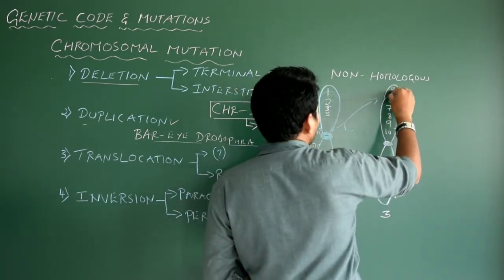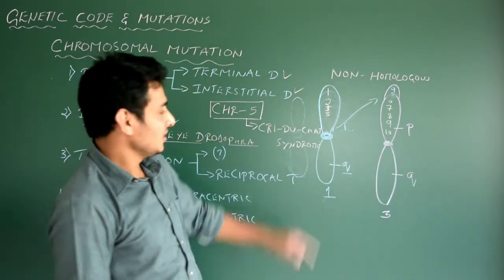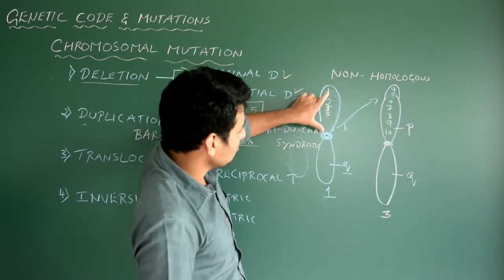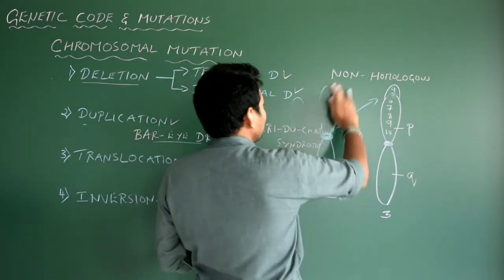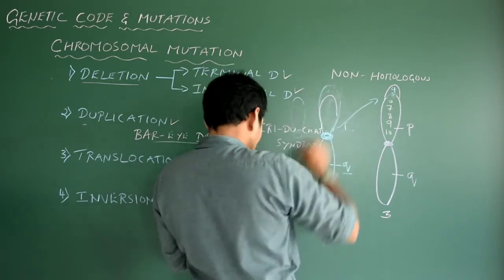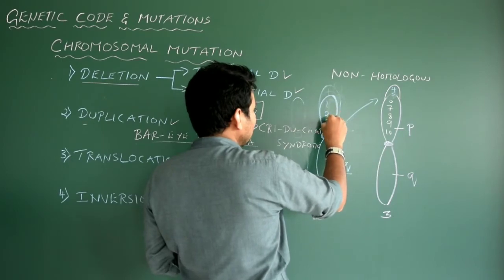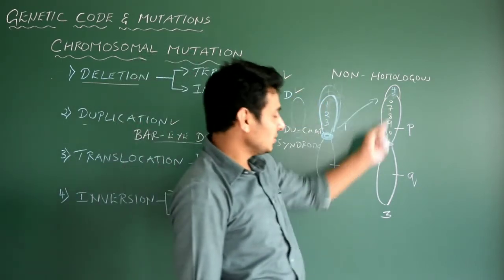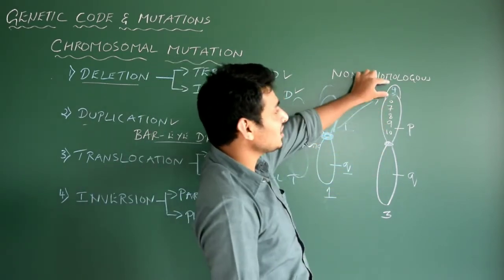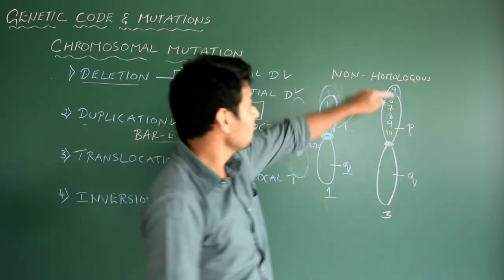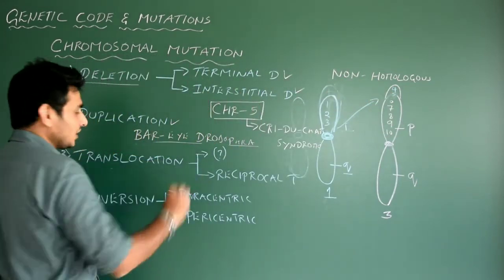Shifting. 4 and 5 now join 6, 7, 8, 9, 10. That is, this chromosome is becoming shorter. Let me write it now. I should have used blue color. 4 and 5 from chromosome number 1 are now shifted to chromosome number 3, which is another non-homologous chromosome. So it has gained extra 2 genes. That is abnormal: 4, 5, 6, 7, 8, 9, 10. Got it? This is translocation.